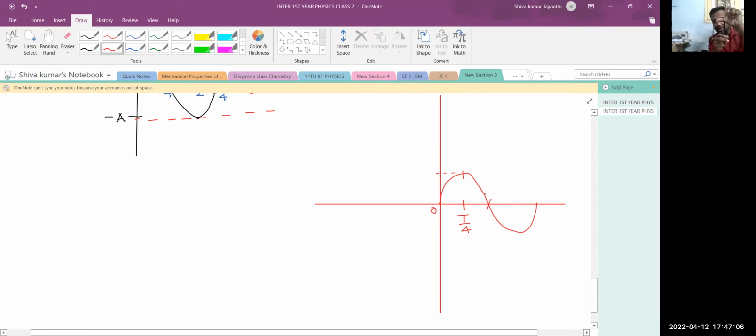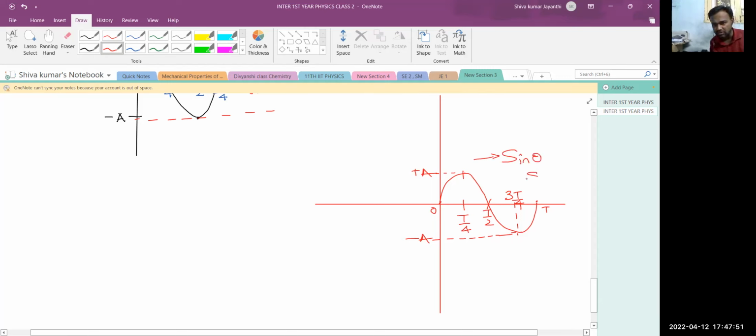Then again, when it goes down, at T by 2, it is at 0. No x-coordinate. Is it or not? Then again, after this part, x will become minus a. Why? At 3T by 4, it's minus a. Then finally it attains t equal to capital T. What happens? It will get back to 0. Understood that? So this is called a sine wave,